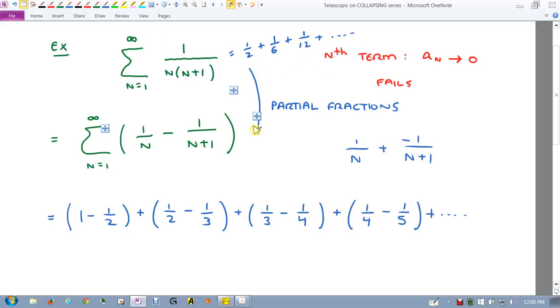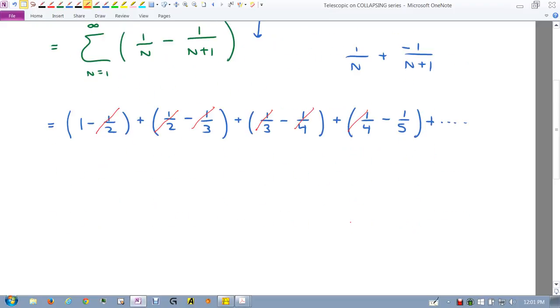But by doing partial fractions, what we do is we've luckily introduced a subtraction sign into this. And look at all this subtraction that's happening. This negative 1/2 is actually going to cancel with that, right? And this is going to cancel with this. And this is going to cancel with this, right? That's what's going to continue to happen. Do you all agree? So it looks like maybe the answer is just 1. Maybe. But to do this correctly, here's what we have to set up. We have to stop right now and recognize that we're getting cancellation. And we have to set up